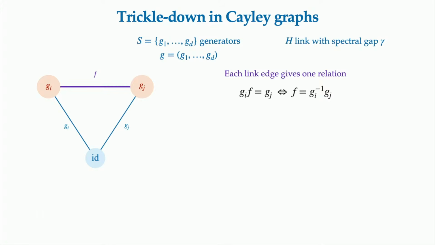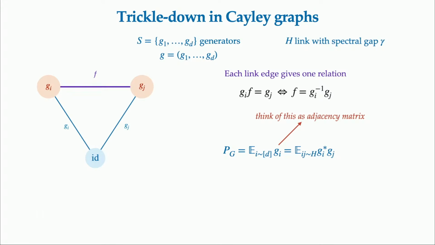Okay, so this picture is actually saying something. It's saying that if I walk along a generator GI, then walk along F, I reach GJ, and if I walk along GJ inverse, I reach identity. So it gives me a relation of some sort. Okay, so with this relation in mind,